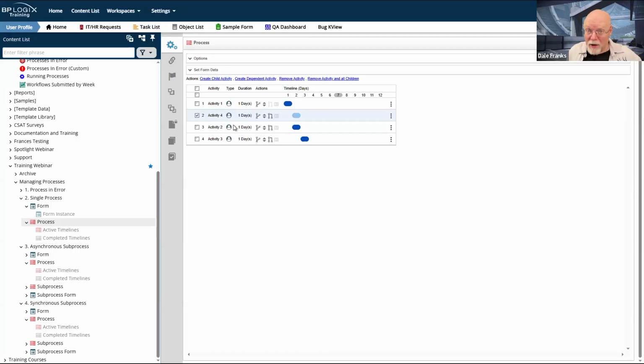Remember, as I said earlier, these activities don't exist in the timeline instance yet because they haven't been invoked. So it doesn't care. Does activity 3 care if activity 2 is gone? No, not really, because activity 3 is past that.